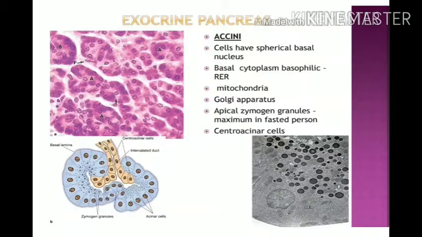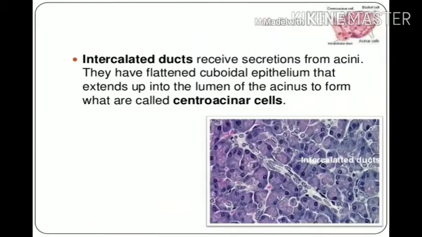The lumen of the acini has small epithelial cells called centroacinar cells which line the interlobular ducts. Acini produce pancreatic juice. The lumen of an acinus opens into an interlobular duct which is lined by cuboidal cells. These ducts join the main ducts which in turn join the larger pancreatic duct. They are lined by columnar epithelial cells, in between which are the goblet cells, and the epithelial cells rest on the basement membrane. So this describes the acini of a pancreas.